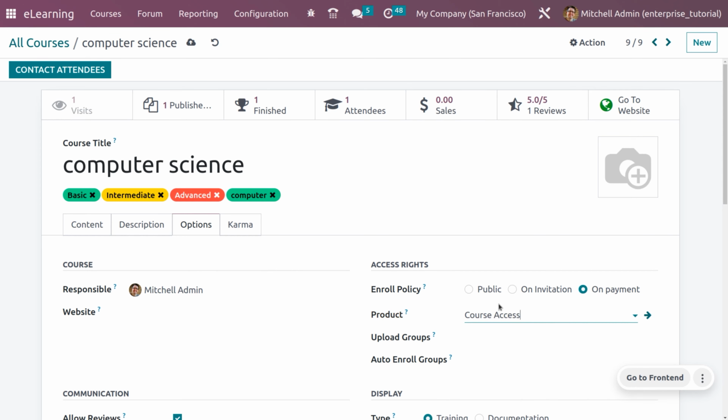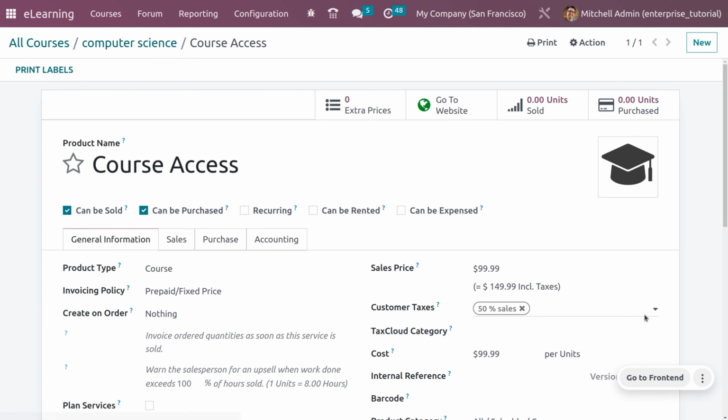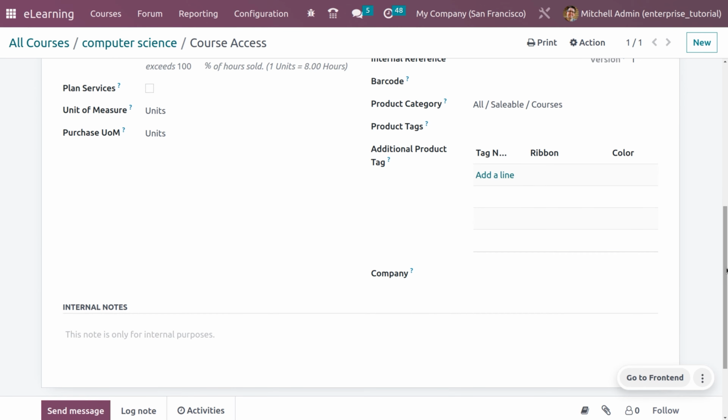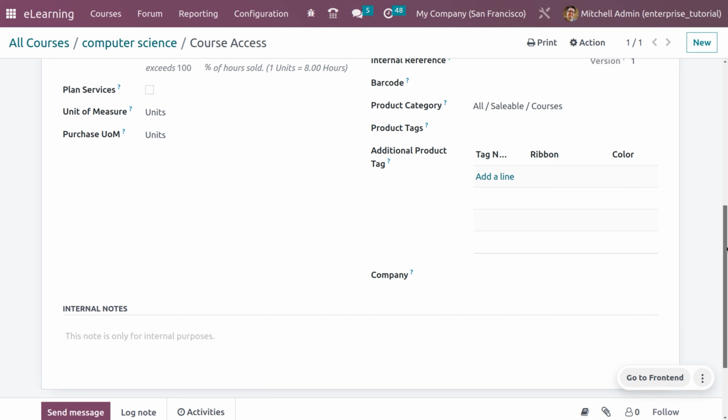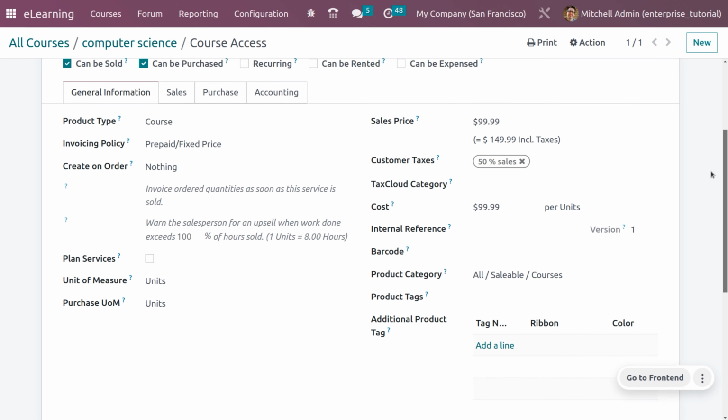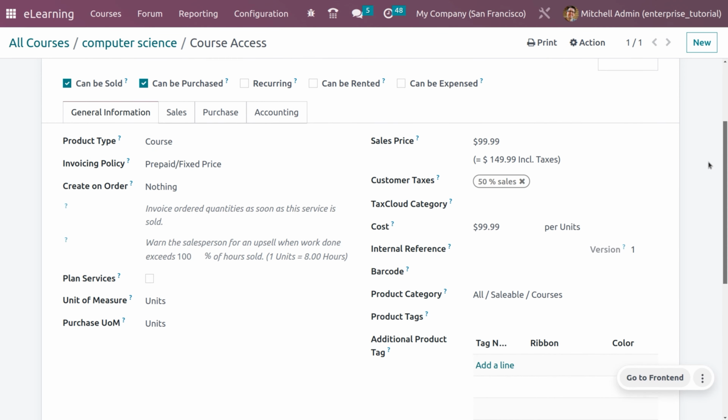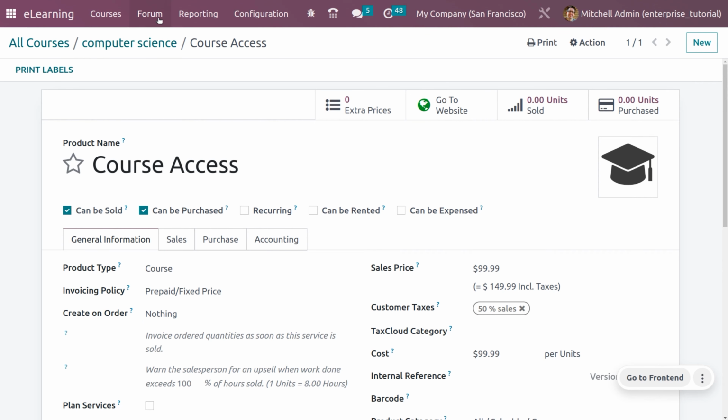Here you can just add the product, and let me get into the internal link of the product. Here you would be able to see the course access as the product name, and the product type will be set as course, and the invoicing policy will be prepaid or fixed. You can see the sales price, and we have added the product category as all saleable courses. So you need to set certain details such as sales price, cost, and all. Now let's go back,